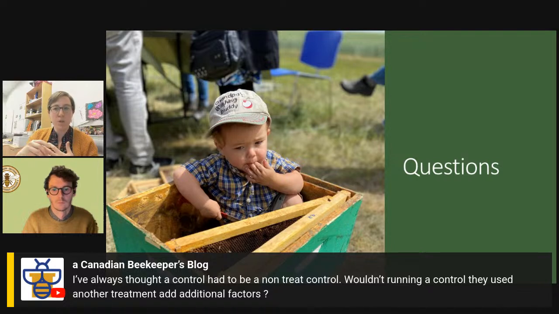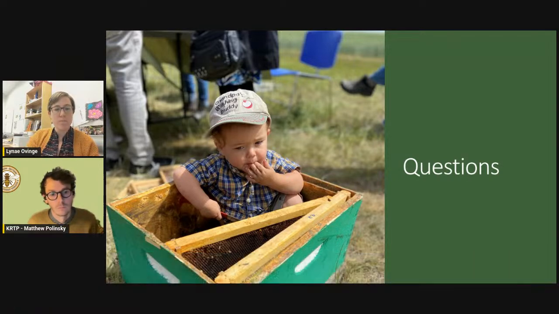But no, your control can be just kind of the standard that's in the area. Obviously it changes depending on all those ones I showed, but it doesn't have to be an untreated control. As a beekeeper, having an untreated Varroa control doesn't really help you make a decision about Apivar, right? But comparing Apivar and Formic Pro, that helps you make a decision going forward. So that's why I was advocating for it.